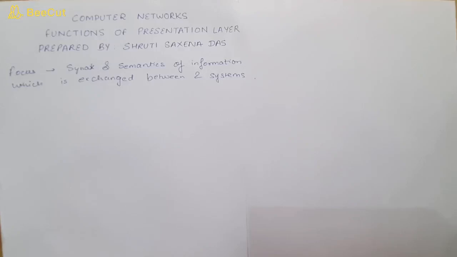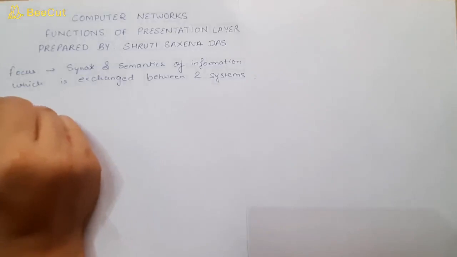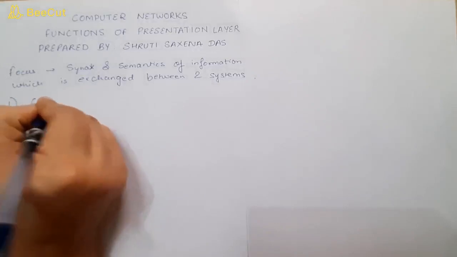So your presentation layer is the sixth layer of OSI model, and here the main focus is on syntax and semantics of information which is exchanged between systems. Okay, so whatever information you are exchanging, it is not necessary that the systems which are communicating are following the same data representation methods. So it is the responsibility of this layer to manage that difference of representation methods in the systems. So here the main functions are, the first one is code conversion